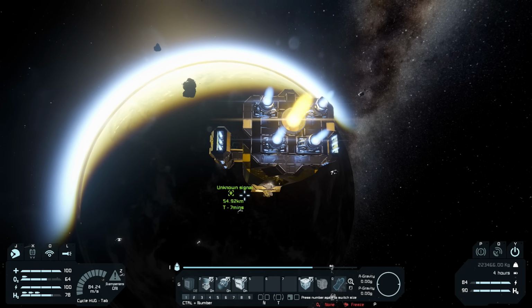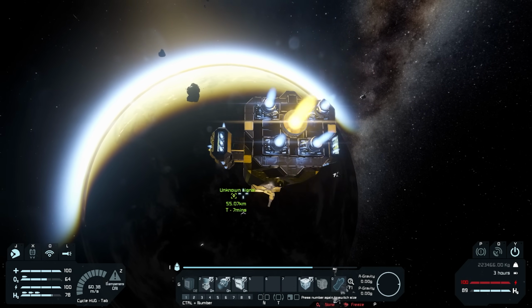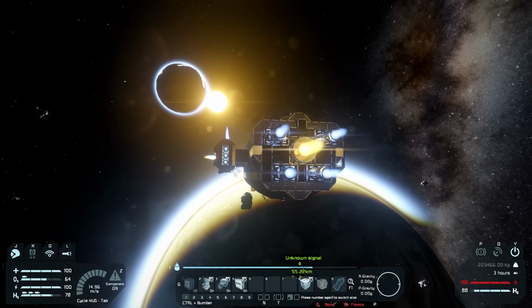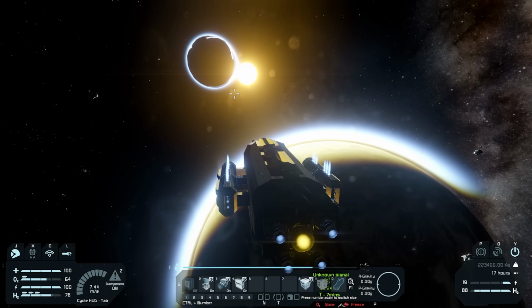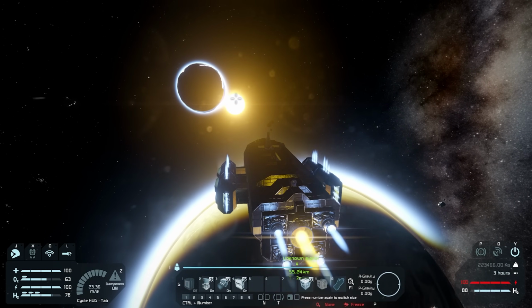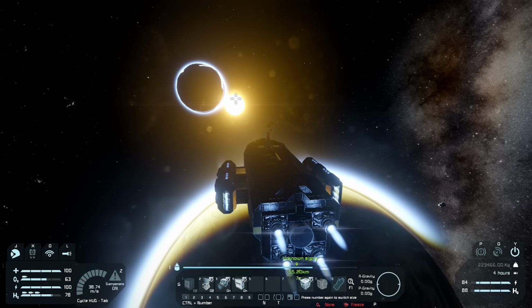But that was kind of cool seeing the booster detach, I've got to say. That was pretty awesome. All right, let's go this way. We're now at about 0, so let's start heading toward the moon right there. We don't want to get too close to Pertam because we'll fall. So we're just going to go